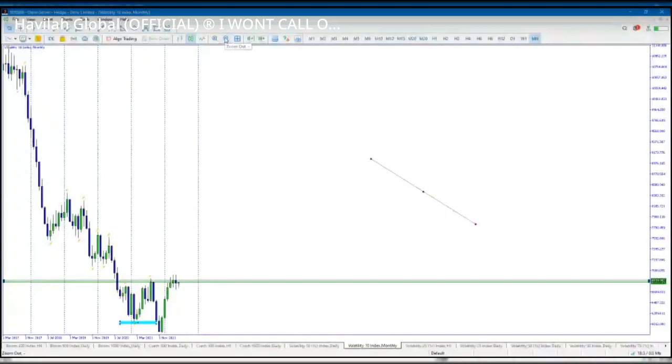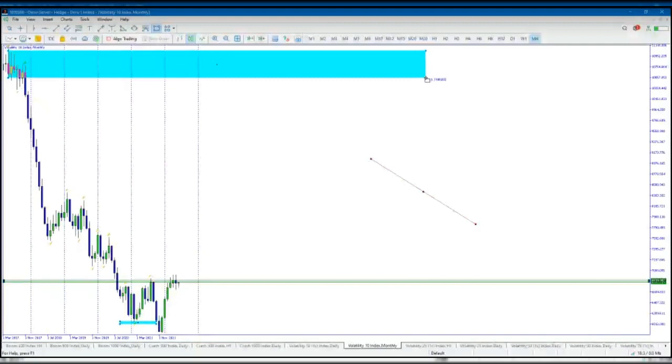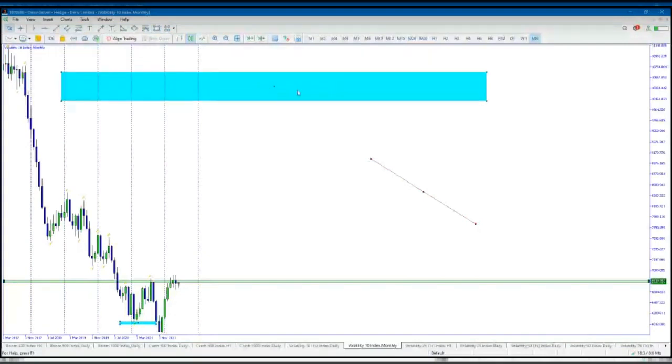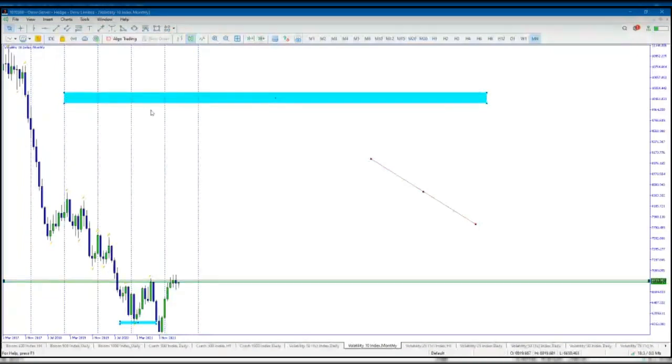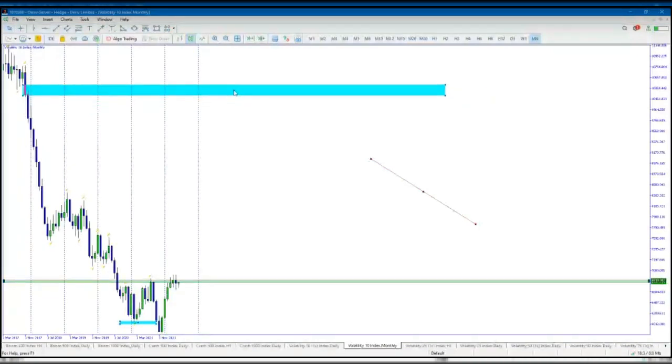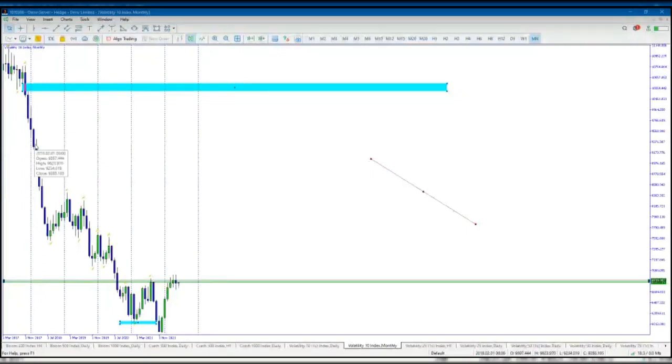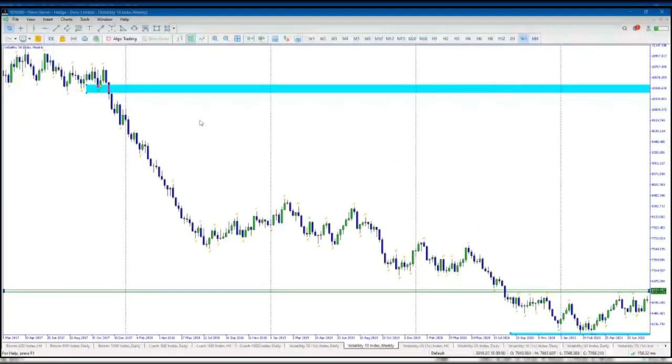The guy may likely come here. Why do I know that? This is an imbalance on monthly. This is market analysis. This is not what we're here to do, but I'm just showing you this, just by the side. There's an imbalance here, guys. And if I move to a lower time frame, it will be more clear.